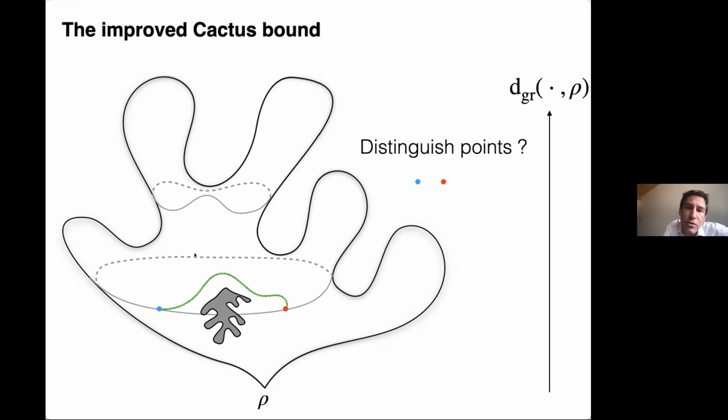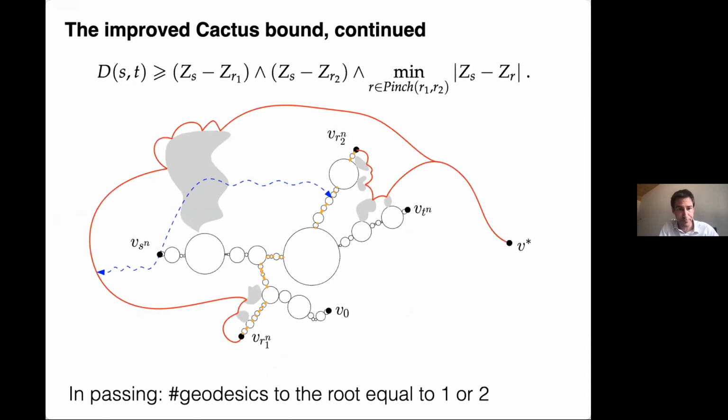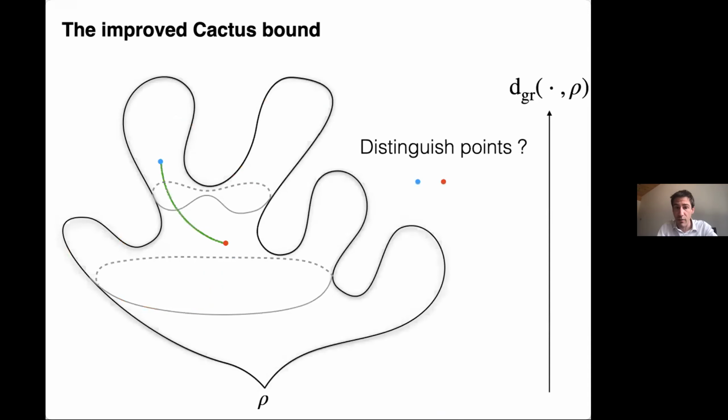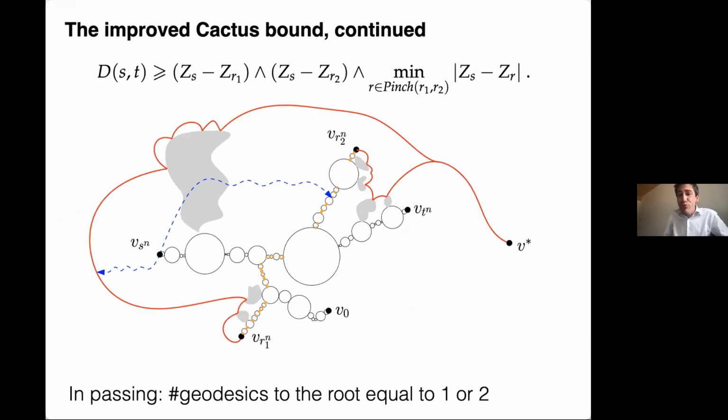Of course, you should have another face on the other side of the map so that you don't have a path that stays on the same level and goes on the other side. So faces help a lot in distinguishing points. And this is the translation of what I just said. This existence of faces is described in terms of process by this improved Cactus bound.